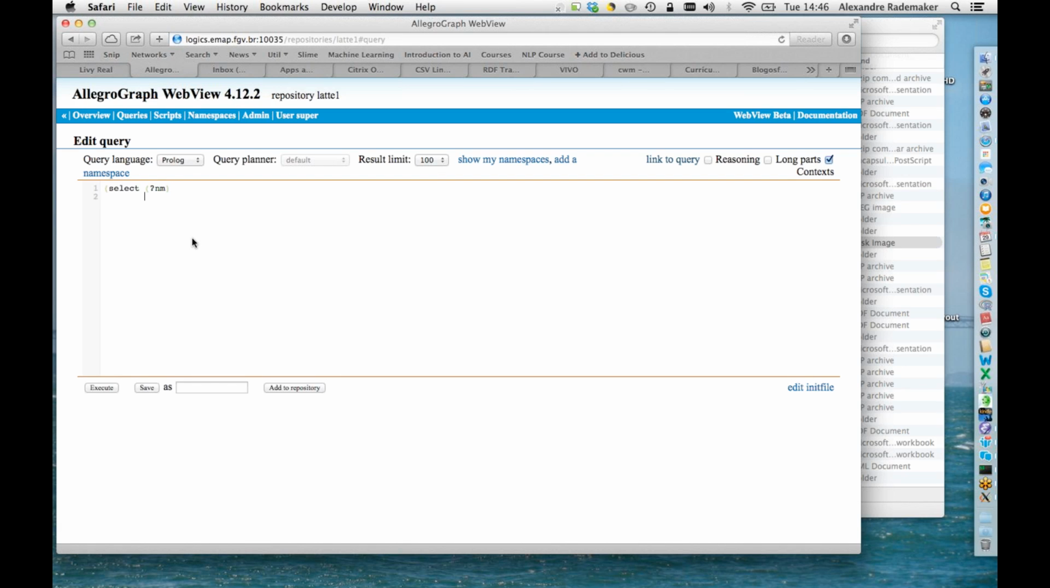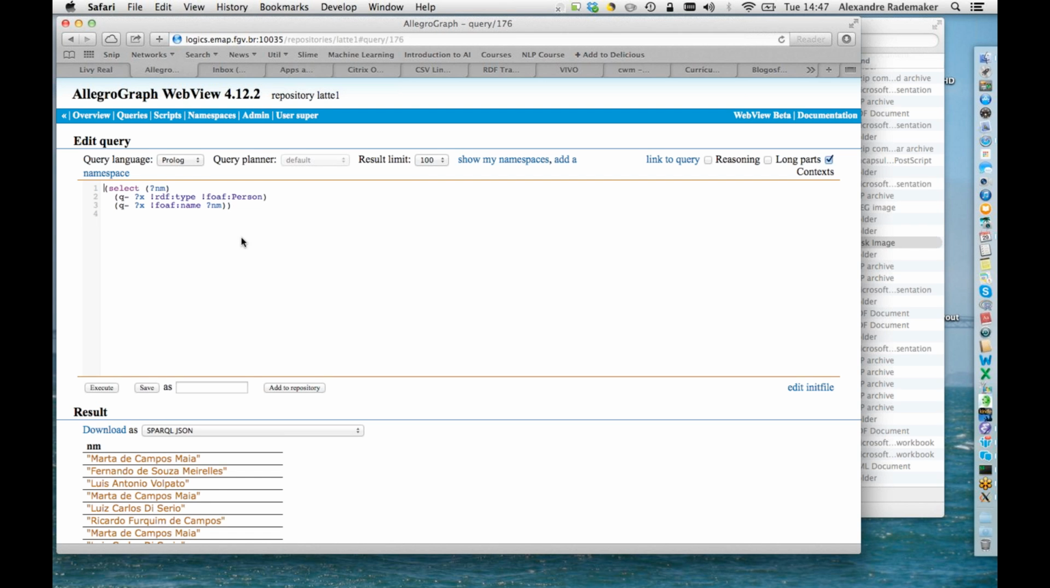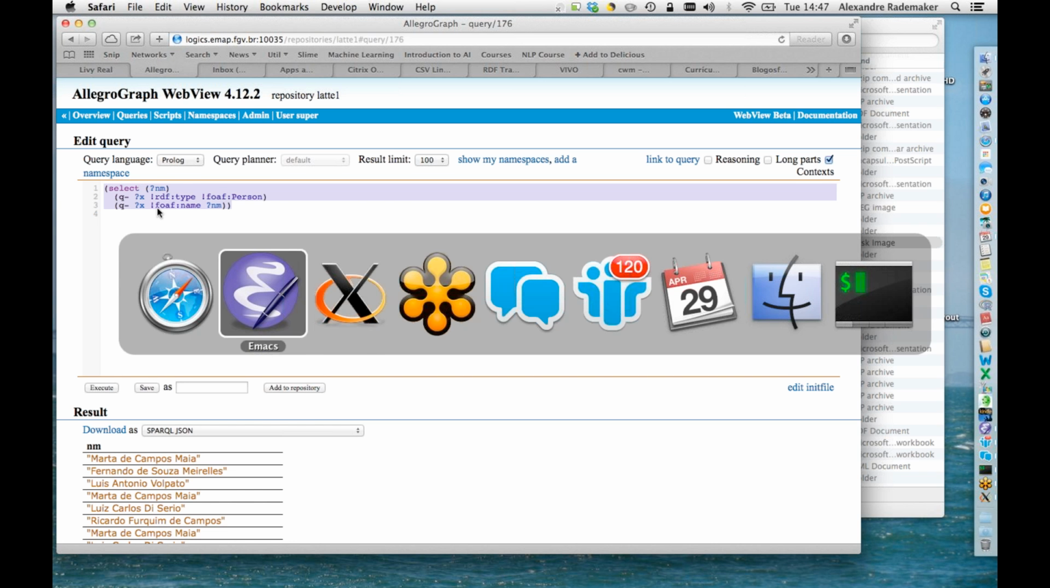Another very interesting thing in Common Lisp, in particular in AllegroGraph, is the fact that we can make Prolog queries. Let me show you the kind of query I'm talking about. I think it's here. It's already open. So here I can make queries, not only SPARQL queries, but Prolog queries. And Prolog queries are very nice. Let me show you something just to give you an example. So I can put things like